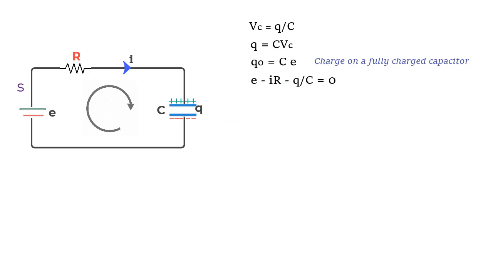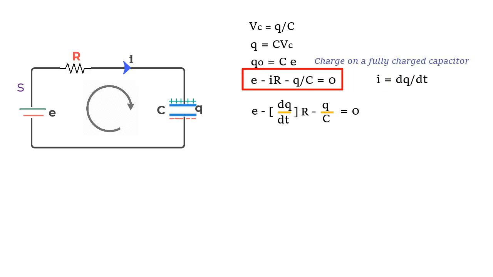Now you should avoid the temptation of solving this equation right away, since you have to remember that there are two variables in this equation, and these are I and Q. But fortunately they are related by the equation I is equal to dq upon dt. So if we substitute this for I in this equation, what we get is this. And you must make note of the fact that the sign we have taken next to dq upon dt is positive, since the capacitor is gaining charge with time. So we'll make use of this fact later in the lesson when we understand the capacitor discharge.